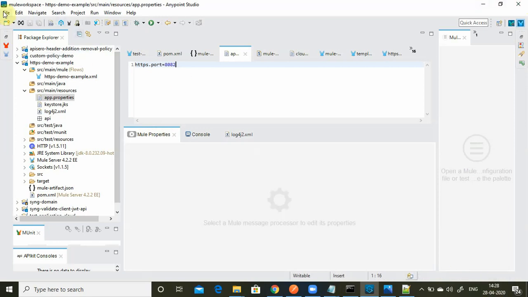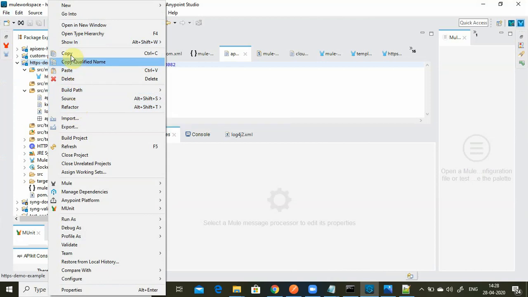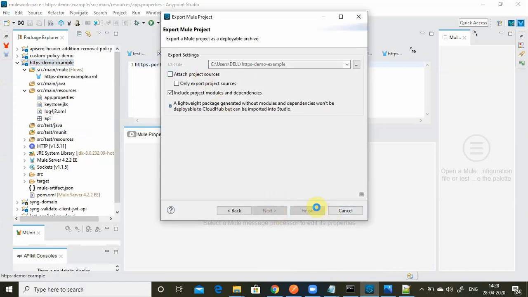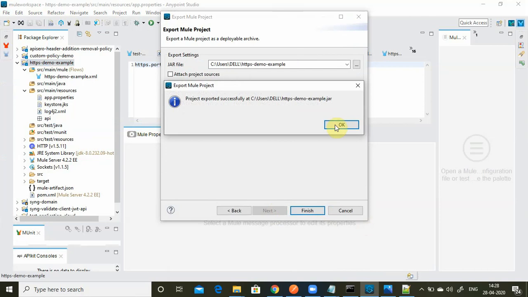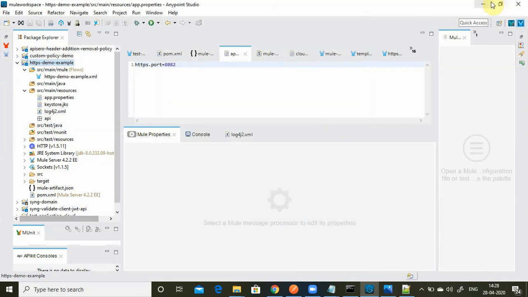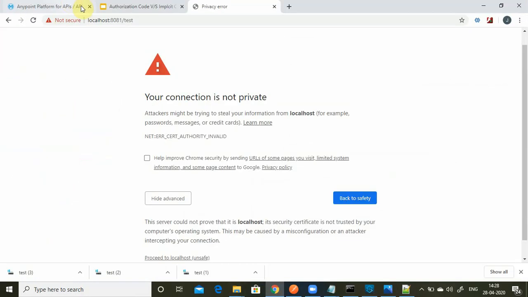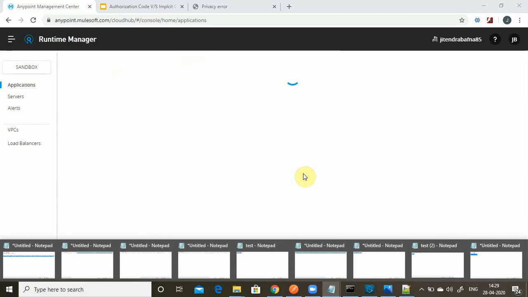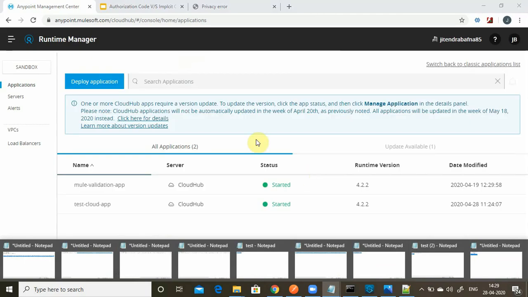Okay, let me save everything, and I will simply export this application. Next, and I will simply say finish. Okay, I will go to my CloudHub and try to deploy that application. I will go to Runtime Manager. You can find the command from the video comment section.